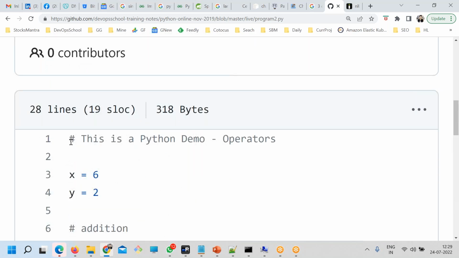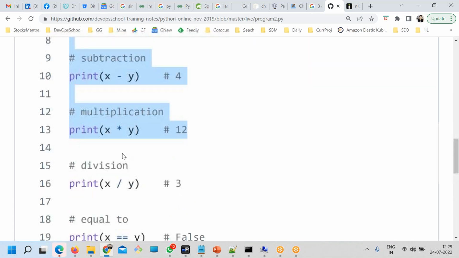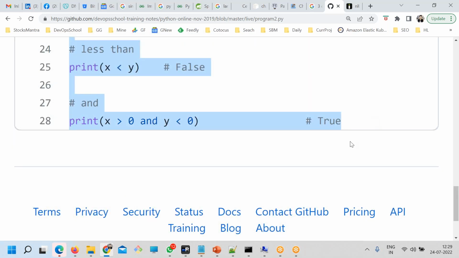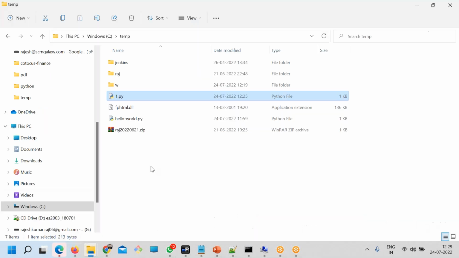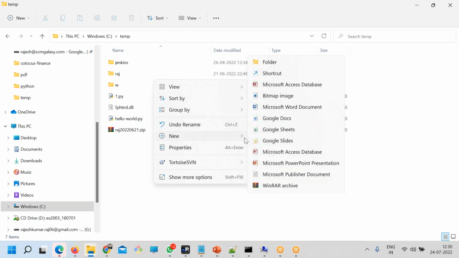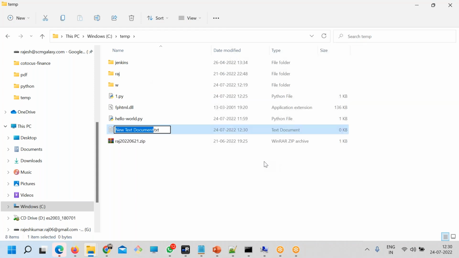Okay, so here this is the code, and here you are printing 2.py. 2.py.